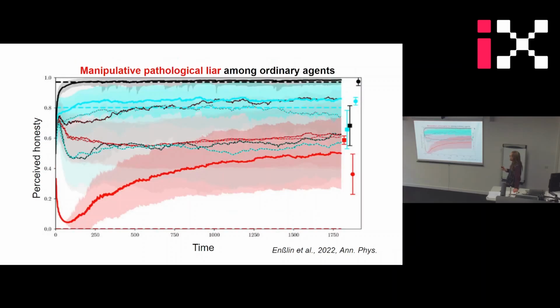So in the next scenario, the red one is now a manipulative pathological liar. Pathological liar means they always lie. They never say the truth, ever. Manipulative means they lie in a very specific way. So the first thing they do is they flatter all the others all the time. So the lies go in a very particular direction. And the other thing that happens is they